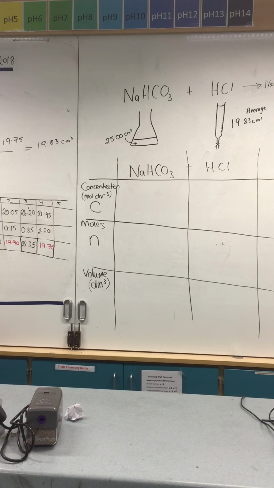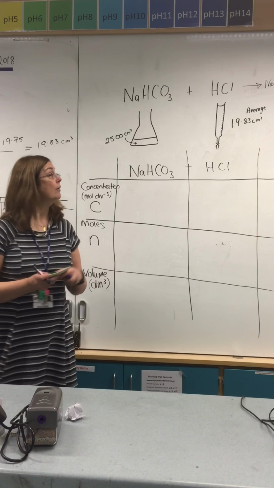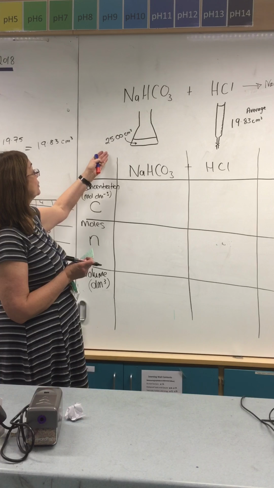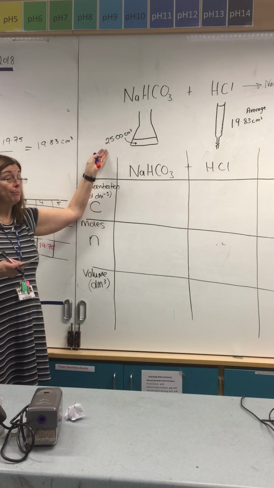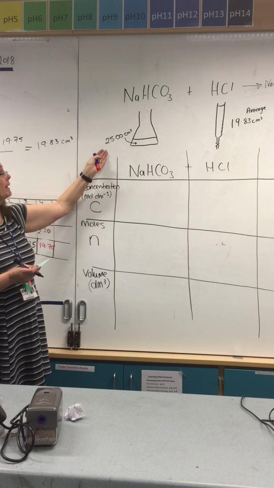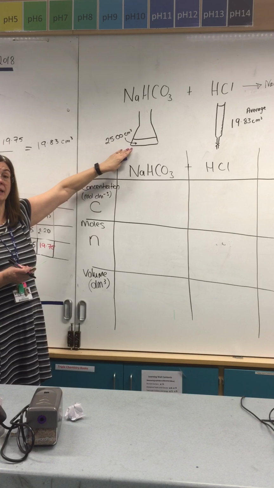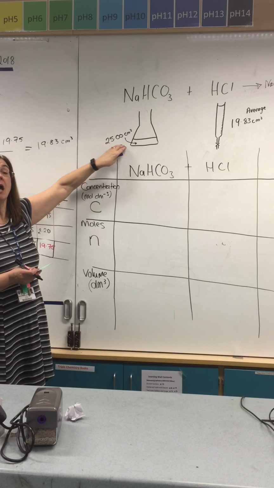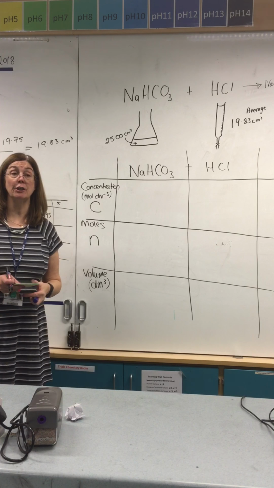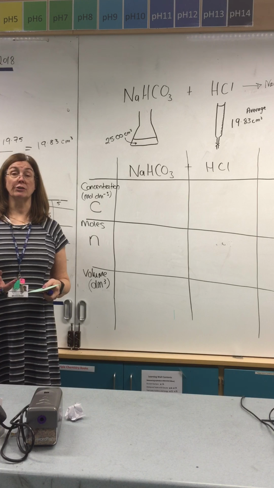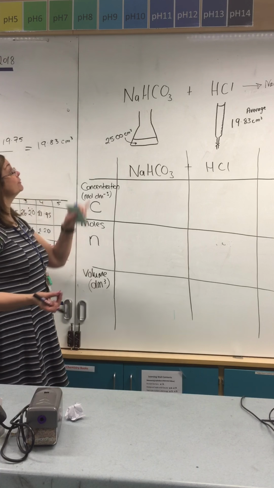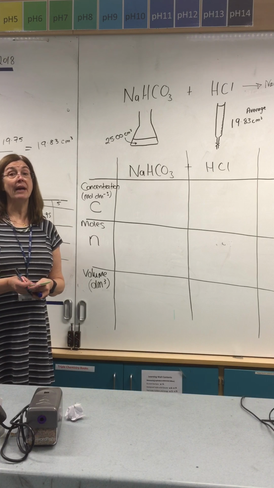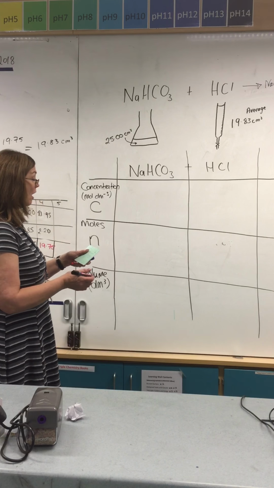Okay, so once we've got our average titer, sodium hydrogen carbonate, we pipetted, we'd already previously made it, so we pipetted that out and put it into our conical flask, so that was a fixed volume. From making up a standard solution, we would have calculated the concentration. Now in my case, I measured out 2 grams of sodium hydrogen carbonate, and that gave me a concentration of